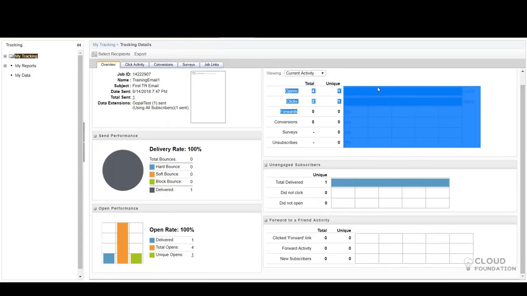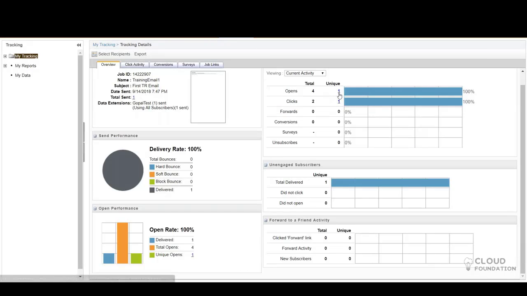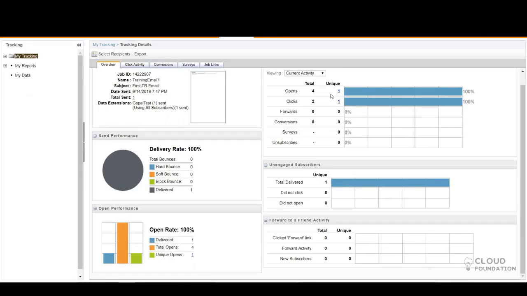And out of this, how many unique opens, how many unique clicks? Unique clicks in the sense that I open it once, one time, and that will be a unique click. Let's say I send it to 10 contacts, so those unique clicks will be captured in the unique section.